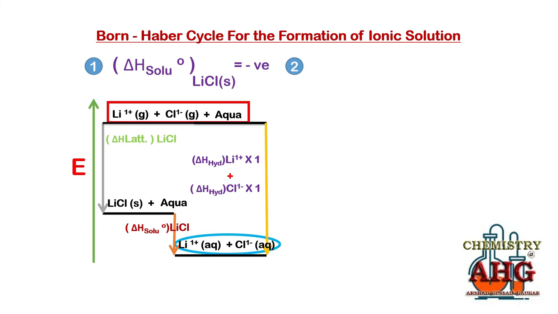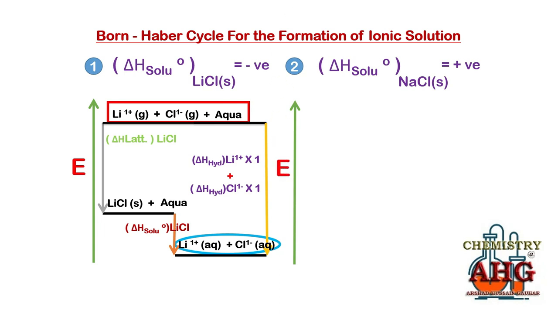Okay, I am giving you one example that you can practice. Just pause the video and try to construct the Born-Haber cycle for the solution formation of sodium chloride, and remember, the enthalpy change of solution of sodium chloride is endothermic, positive. Okay, if you have sketched it, I'm showing you the solution, you can check it yourself. Energy level, reactants: in this case, reactants would be at the lower level, because this is endothermic, so the product would have gone to the higher level.